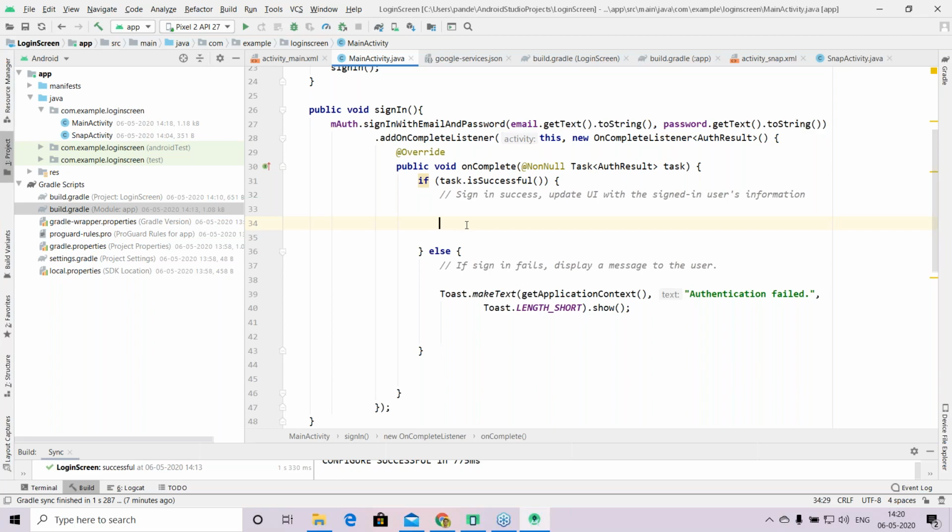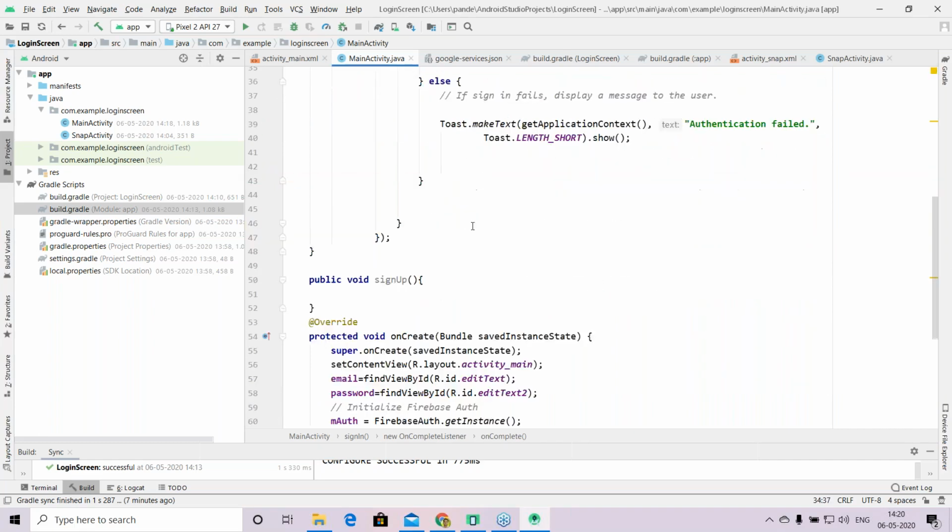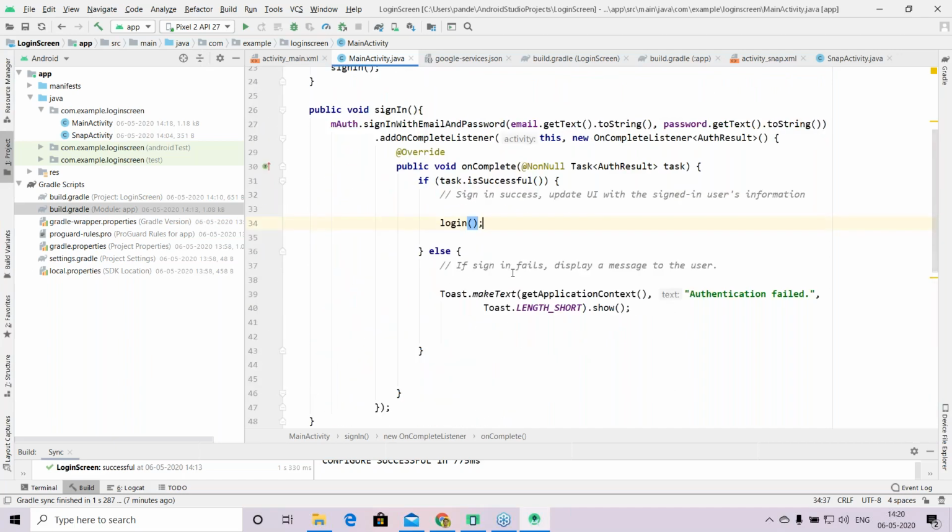That means that email ID and that password is available with the Google Firebase authentication services. In that case, you should call the login function. So if a user is authenticated, then call login. That means take that user to the next screen. And if the sign in fails, that means there is no entry in the Firebase authentication services for the corresponding email and password. In that case, you will generate a toast that says, let's say,